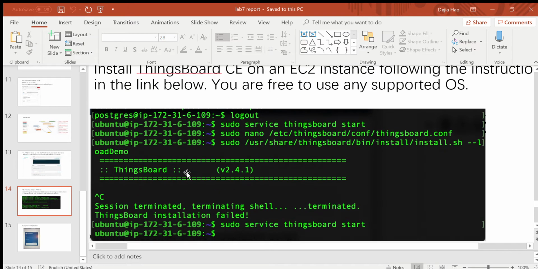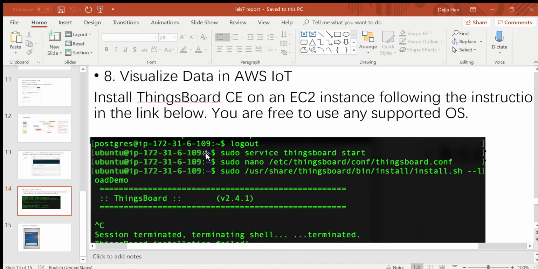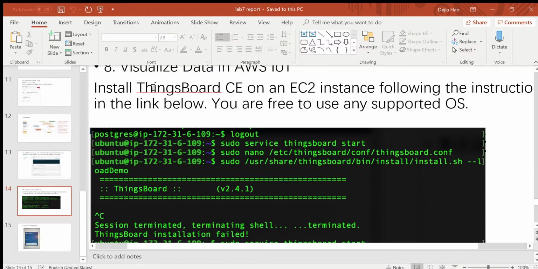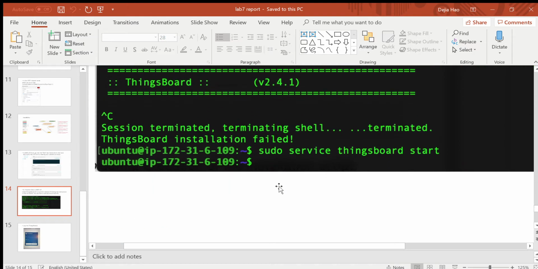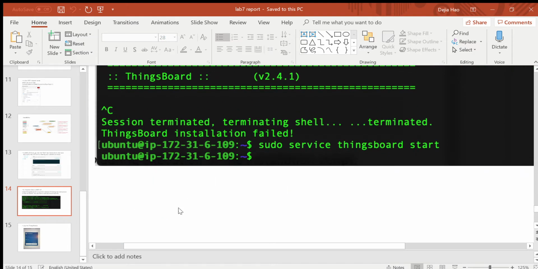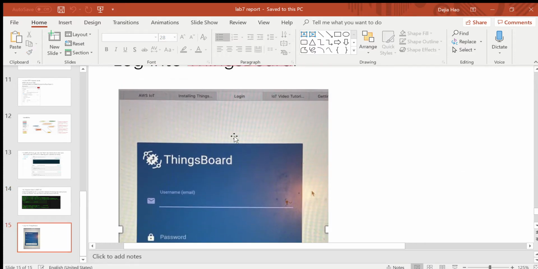Then this is the final step. We need to visualize data from Amazon Web Services IoT. We install ThingsBoard on an EC2 instance following the instructions. And here you can see ThingsBoard is installed and running successfully. Here we use our laptop to log into ThingsBoard